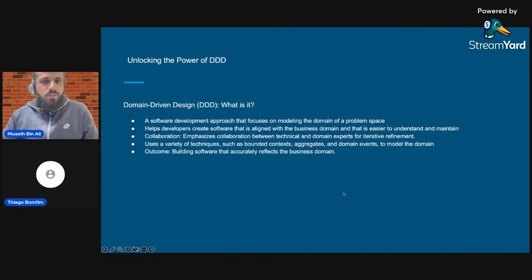Okay, so let's start with domain-driven design. Domain-driven design is a concept that was really used in the past, in the early 2000s. Eric Evans wrote a book called Domain-Driven Design: Tackling Complexity in the Heart of Software. The basic notion of DDD is putting the business, or the use cases, or the important business logic